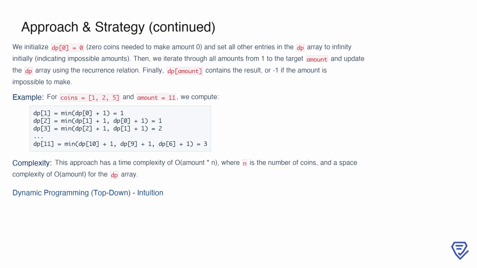This approach minimizes redundant work and ensures we compute the result for all amounts systematically. The time complexity is O(amount * n), where n is the number of coins, and the space complexity is